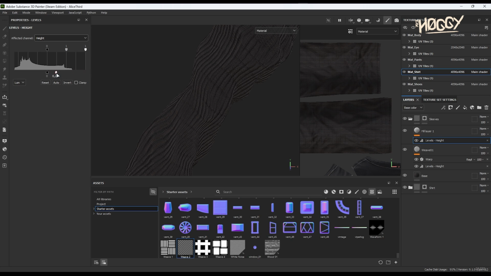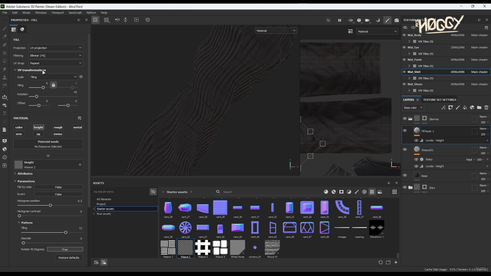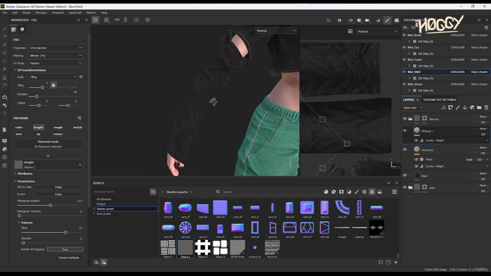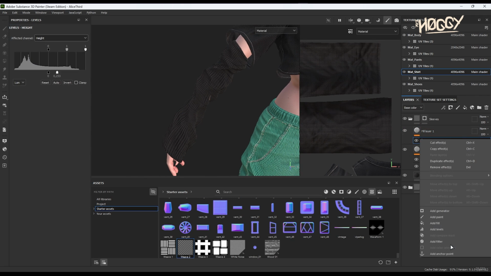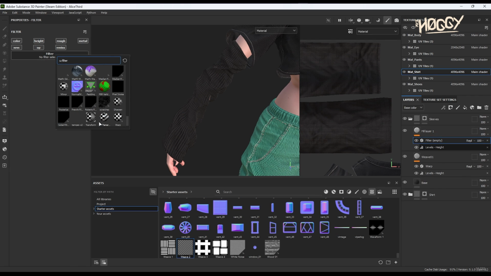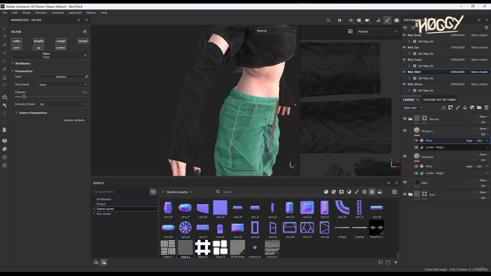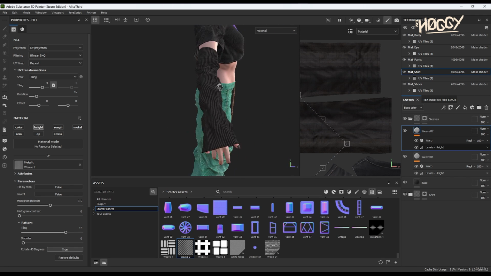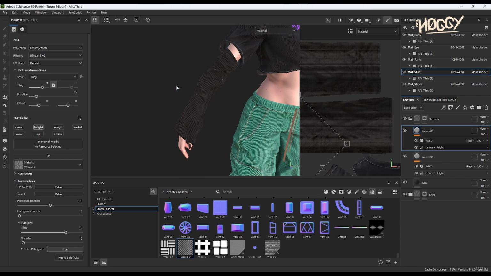and let's make it lighter. Maybe a little bigger actually, so tiling maybe to 2, no, just a little too much, so 3. 3 seems nice, yeah. So let's add our warp filter to this one too. Yeah, something like this. And now this is meant to be striped, which I already painted in ZBrush, so